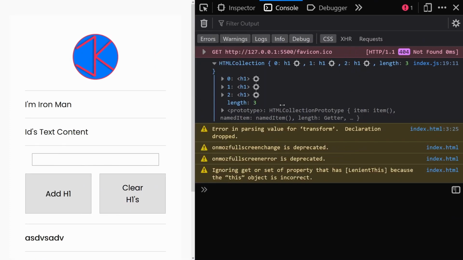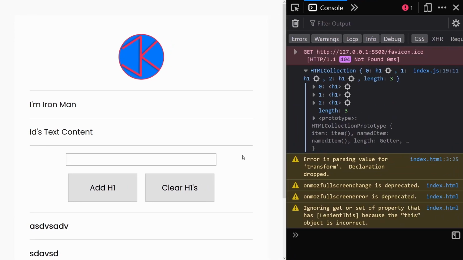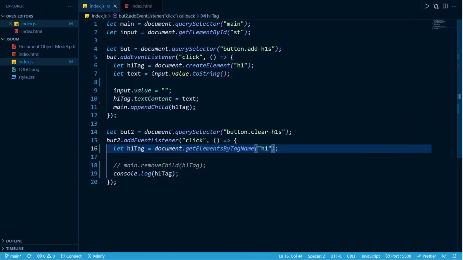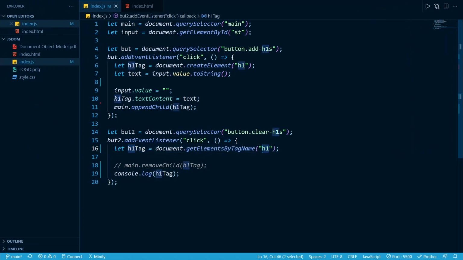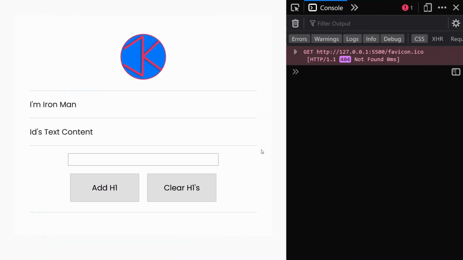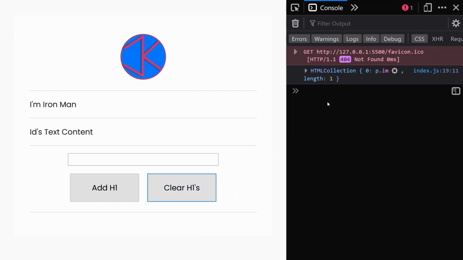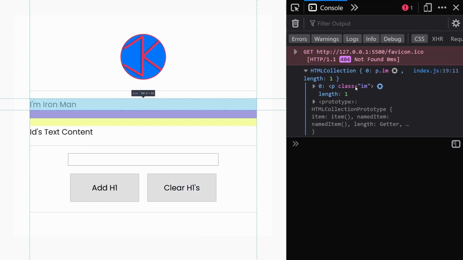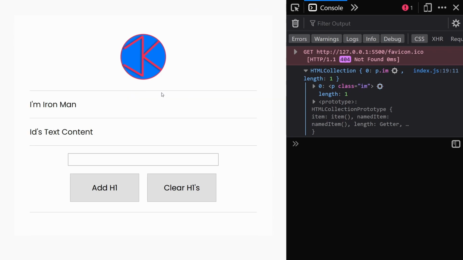So those are a couple of methods using which you can get all the h1 tags, and it does not have to be h1 tag, it can be a paragraph tag as well. So when I click here, we get a single paragraph tag because with class IM, this is a paragraph tag with class IM.